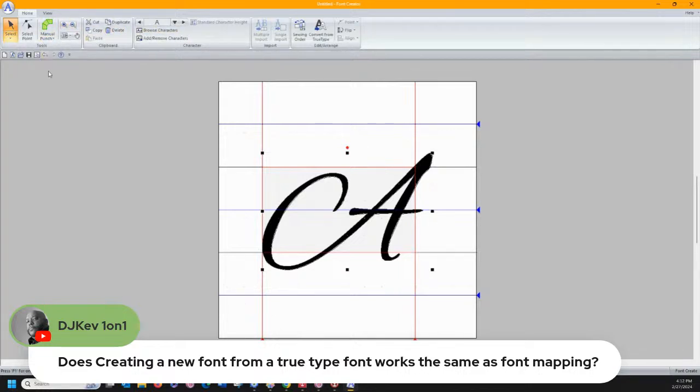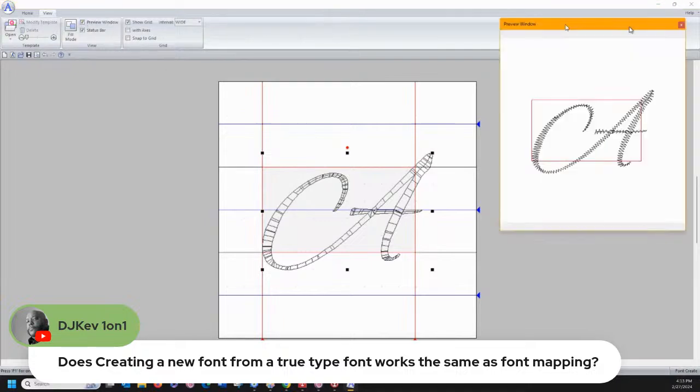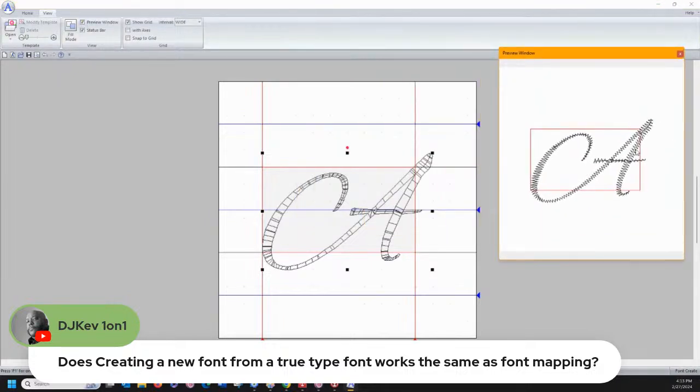Now, what I tend to do is to go to my view tab and I turn off the background so I can see what I think it's going to look like. And then I'll turn on my preview window so I can see what it looks like. If there are things I don't like about it, I will adjust the nodes.